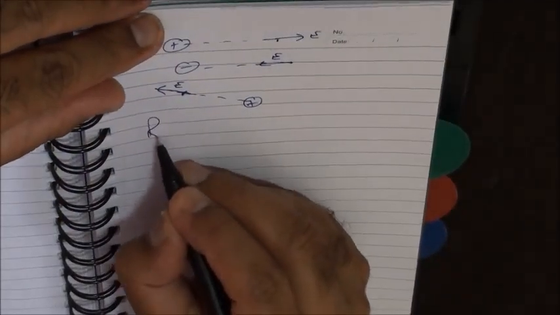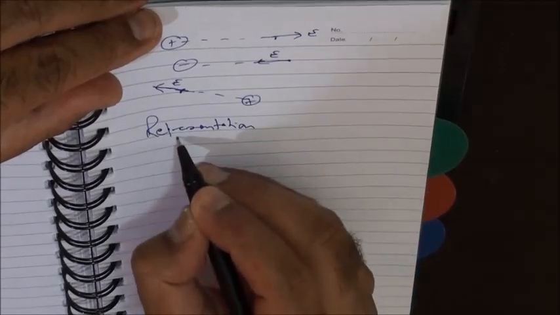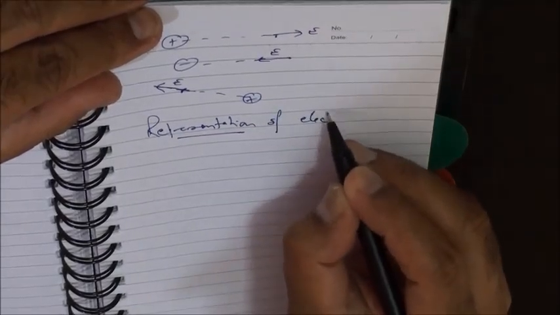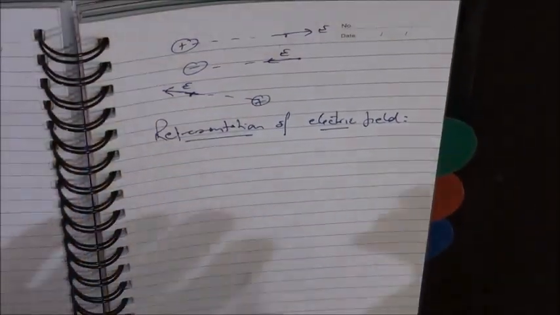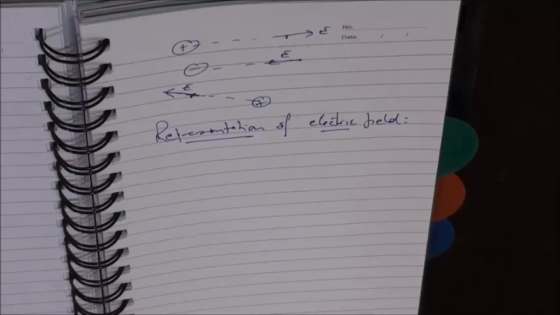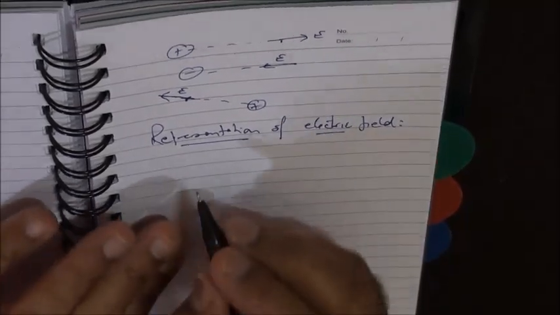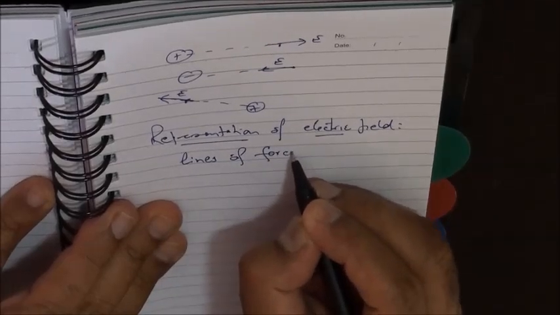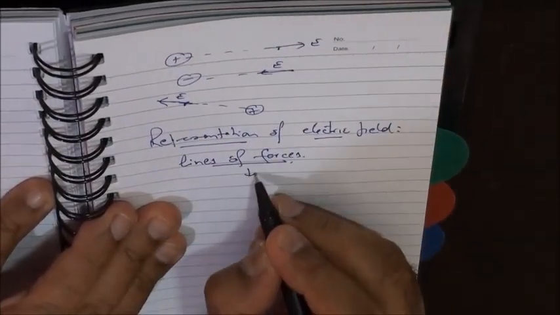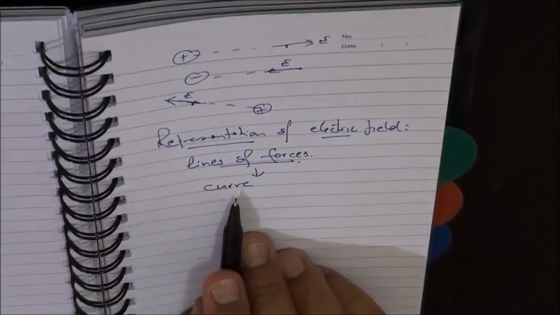And how to represent it? Representation of electric field. Graphically, that in any region, suppose in this, on this paper there is an electric field. So we have also made a provision to represent the electric field graphically by drawing lines. We call them lines of forces. It's a curve actually. Though maybe a straight line too. It's a curve in general